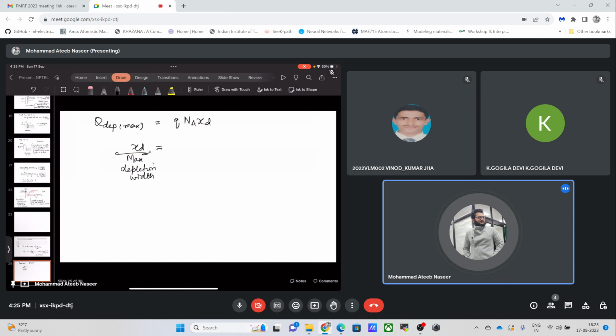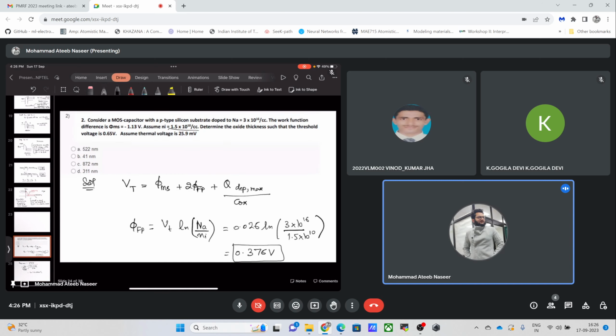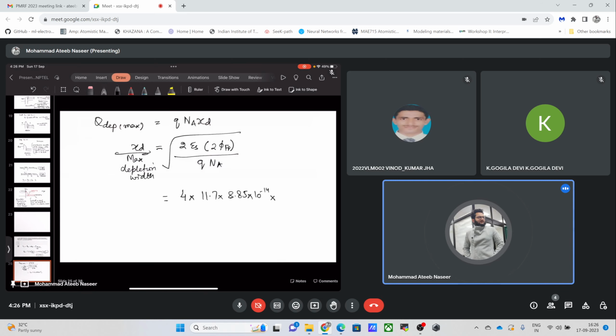and it is given simply by 2 times epsilon s. We have considered the Fermi level pinning to happen at 2 phi fp, and this is given by the square root of 2 epsilon s phi s by q Na. So it is simply 2 into 2 is 4, epsilon s is 11.7 into 8.85 into 10 raised to the power minus 14. Phi fp, we found out, was equal to 0.376